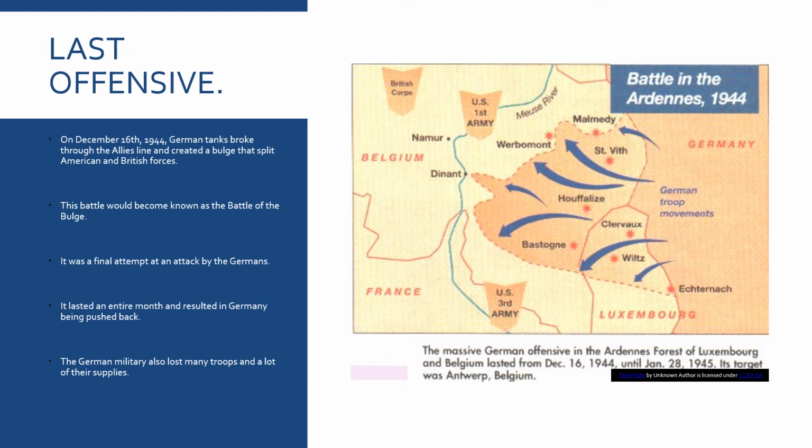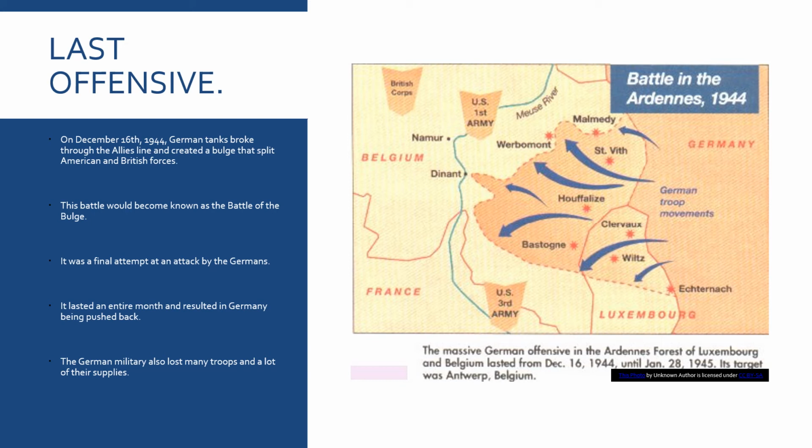It is a final attack by the Germans. The Germans actually used English-speaking German soldiers to throw Allied troops off as well. Maybe they'd pull up and say, "Hey, how you doing?" And the English-speaking German soldier would tell them to go a different direction, or move them a different way, or even attack them. So the Germans were desperate, but they were also pretty smart to try to do what they did here.